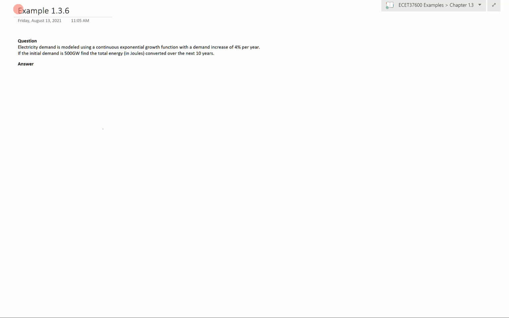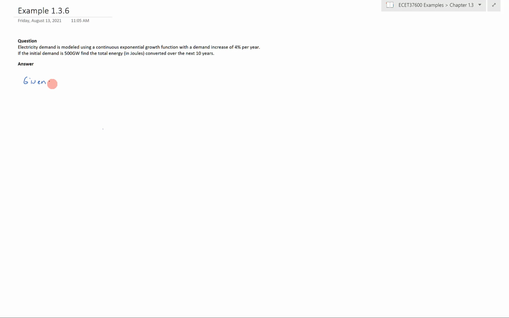Example 1.3.6, electricity demand is modeled using a continuous exponential growth function with a demand increase of 4% per year. If the initial demand is 500 gigawatts, find the total energy in joules converted over the next 10 years. The givens